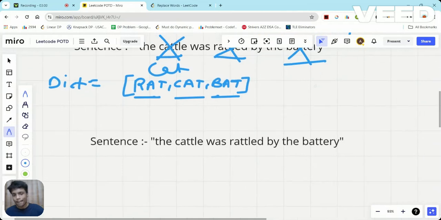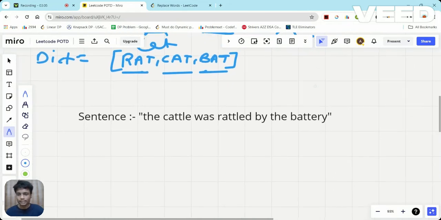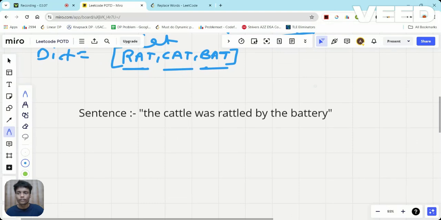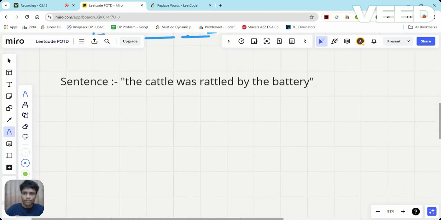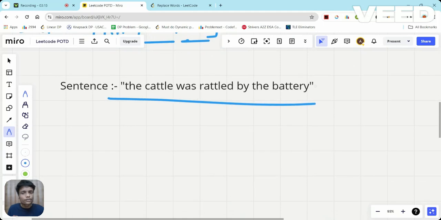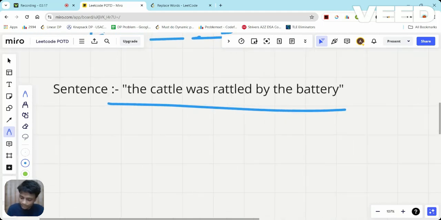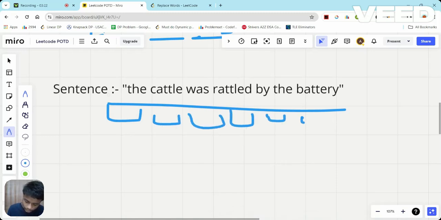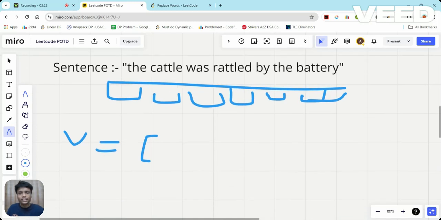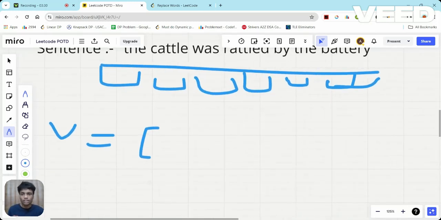So what will be the approach for it? The approach would be brute force, or there can be multiple optimal ways, but brute force will work for this question. So I'm going to explain that. Okay, so we are given a string. First I will simply store all the words of the string into a vector v.